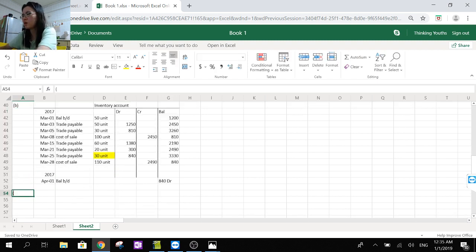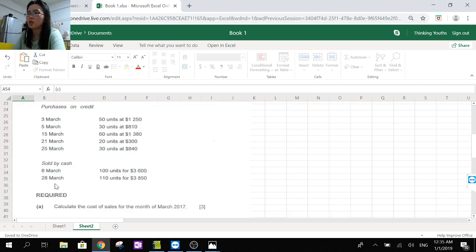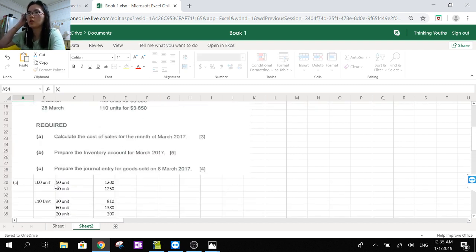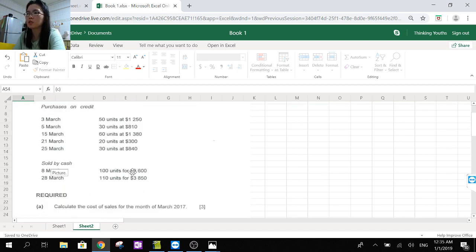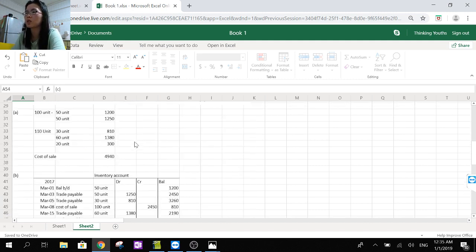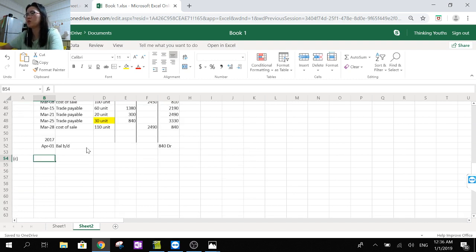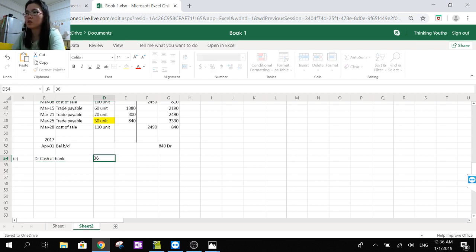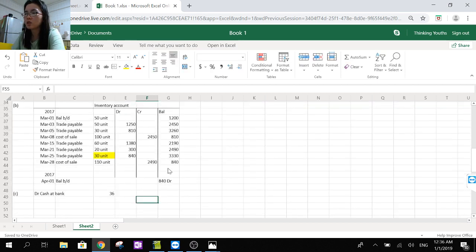Okay, the last part of this question is part C. They ask you to prepare the journal for the goods sold on the 8th March. So on the 8th March, you're selling 100 units for 3,600. So the double entry when you receive 3,600, as all sales transactions are on cash basis, is cash at bank, debit 3,600,